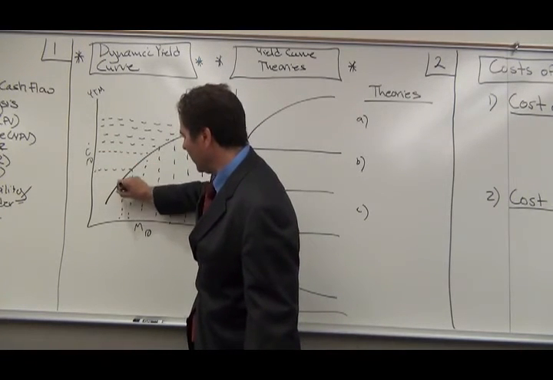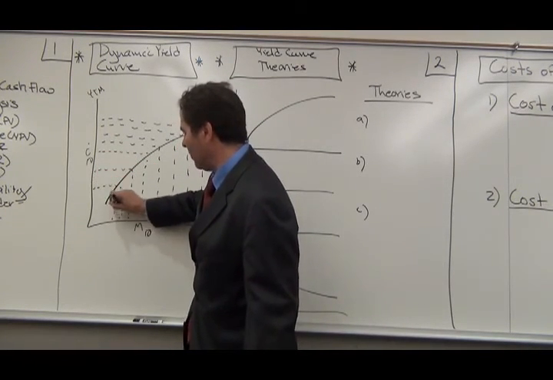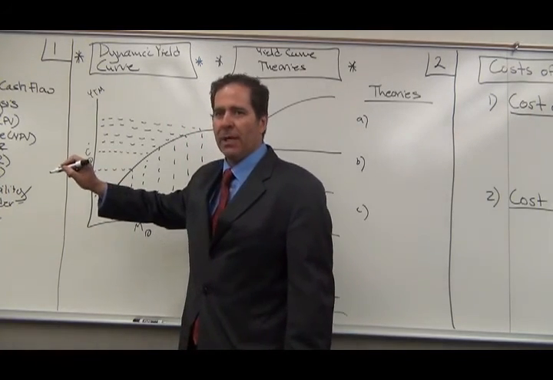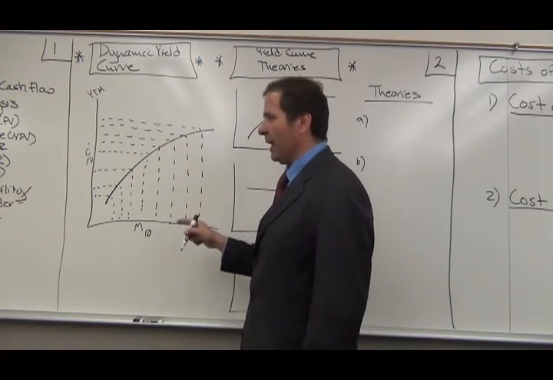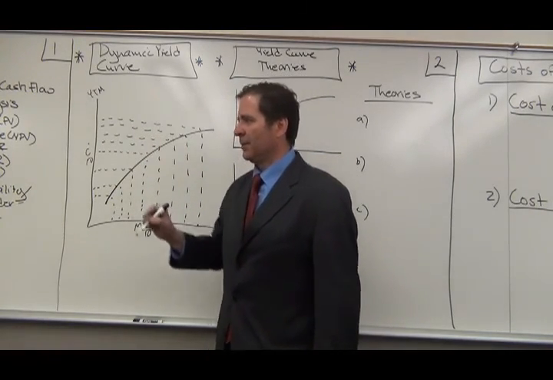Maturities on government bonds of less than 1 year are considered the money market. Maturities that are greater than 1 year,